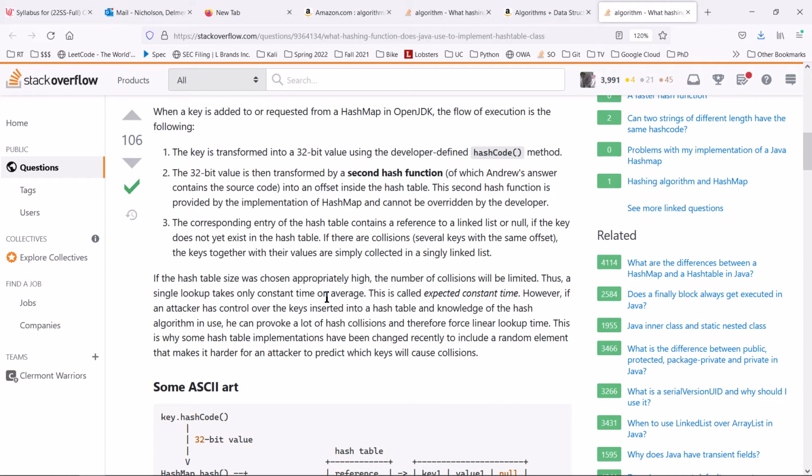If I came to you at Chipotle and said, what hashing algorithm does the hash tree data structure use in Java? You would say to me, I don't know. I'm a software developer and I don't care what that is. It doesn't matter to me. It's like saying, what algorithm does your car use to manage the fuel metering to your engine?